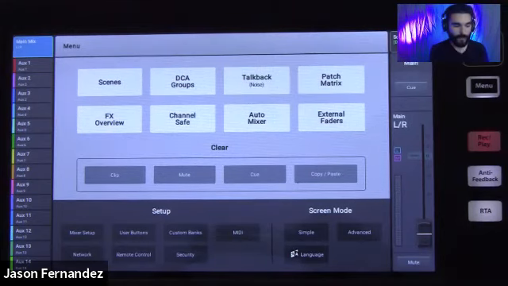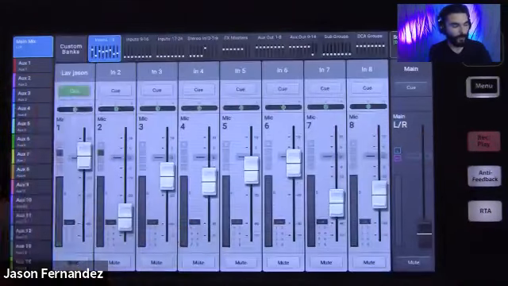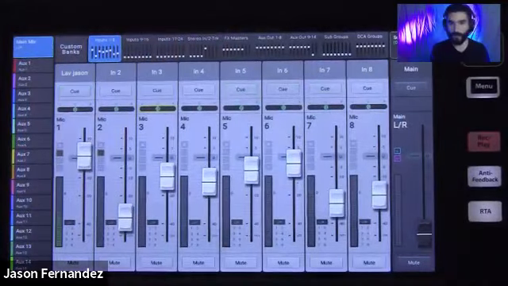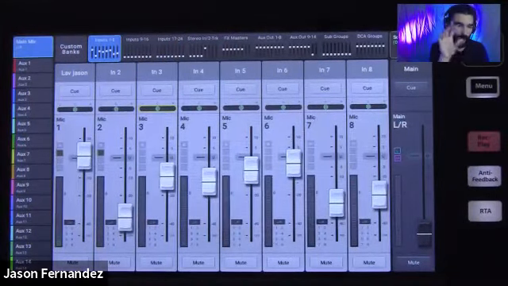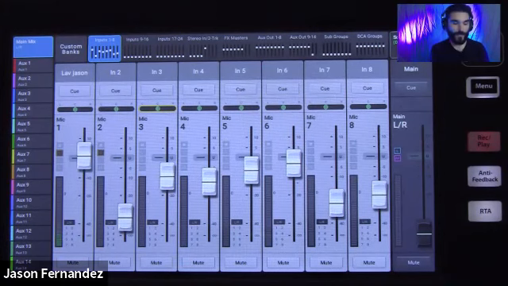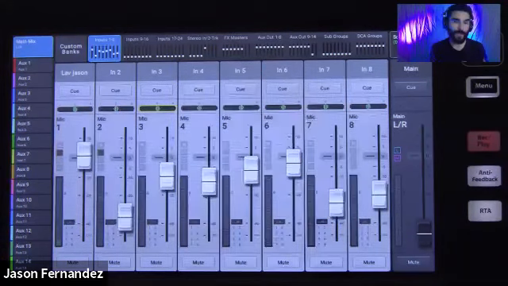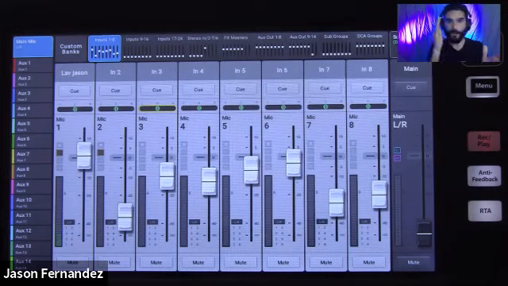And then U3 is clear cue, which is the same thing for your cue features. So anything that you have queued at any given time, you can hit U3 and clear any of those cues out like that. On the 8 and 16, however, U2 and U3 are assigned as copy and paste. So there's a really, really cool copy and paste feature that we're actually going to go over in another webinar that's down the line a little bit. But there's a copy and paste feature, and by default on the 8 and 16, that feature is set at U2 and U3. So U2 is copy, U3 is paste.